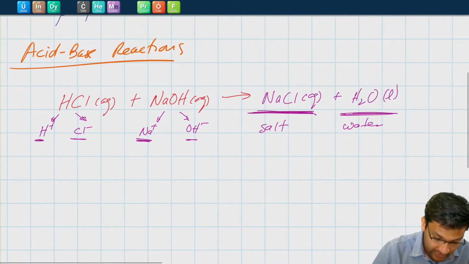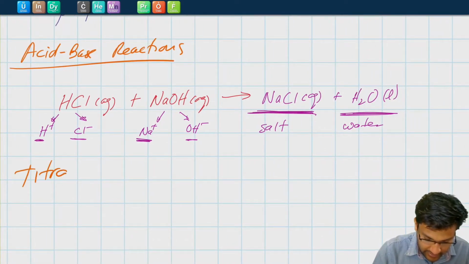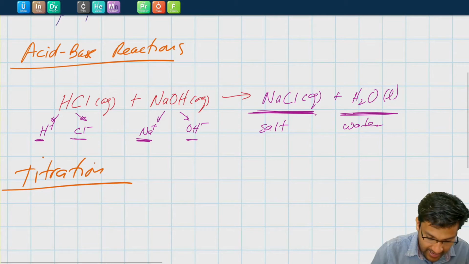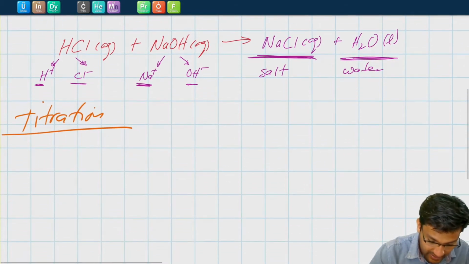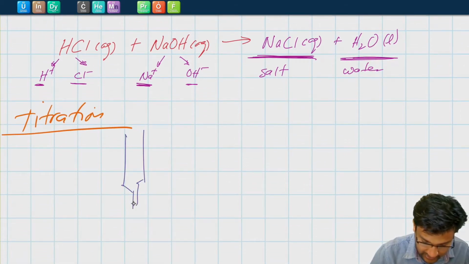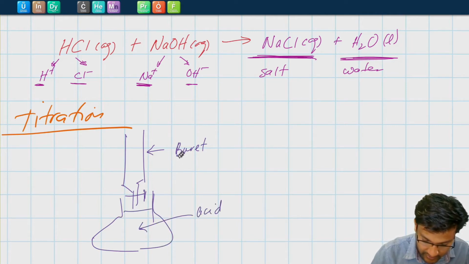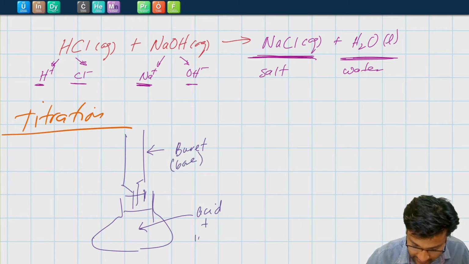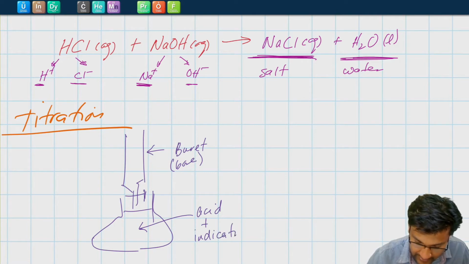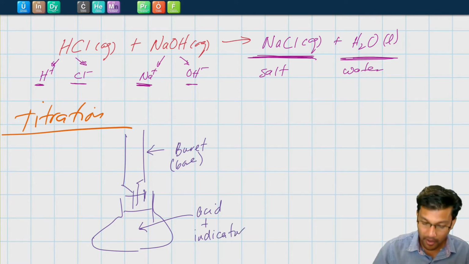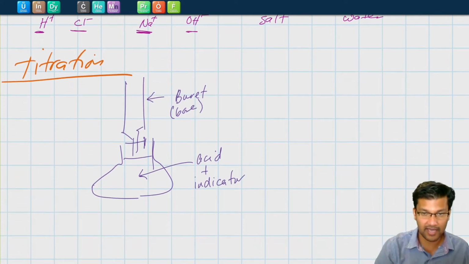Now, acid-base titration is simply a setup where we have oftentimes a burette. So an instrument's a tall, long instrument, we'll call it a burette. And a flask below, where we'll usually have the acid, and in the burette we'll have the base, and here we'll have some indicator. An indicator is simply a compound, a substance that has a different color in the acid